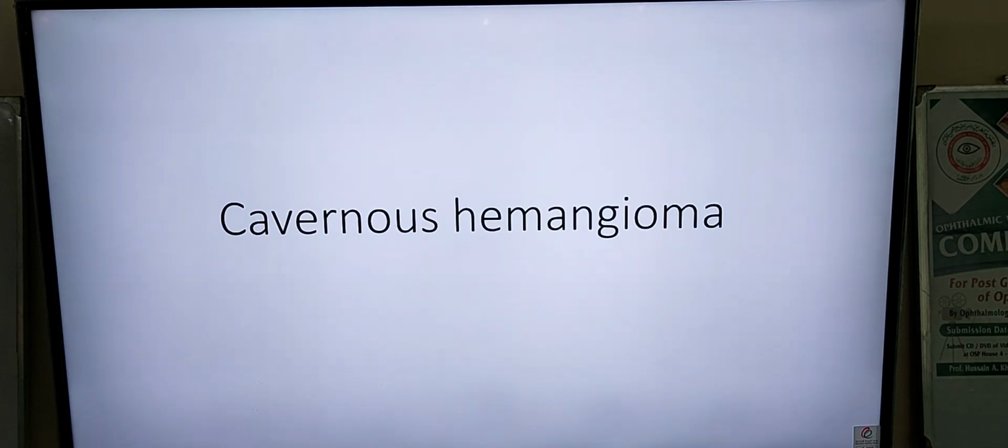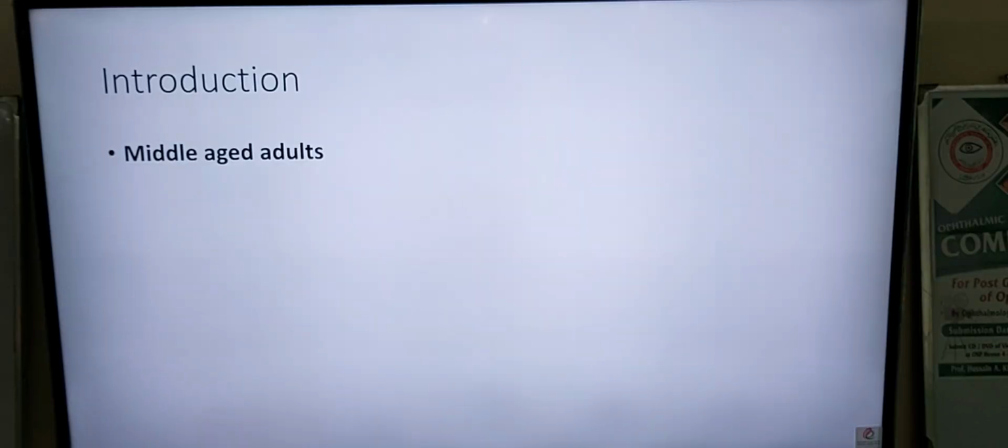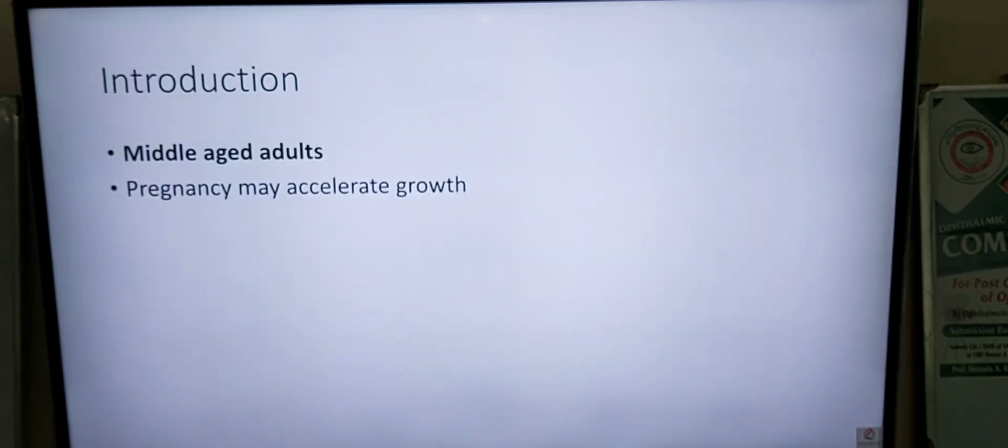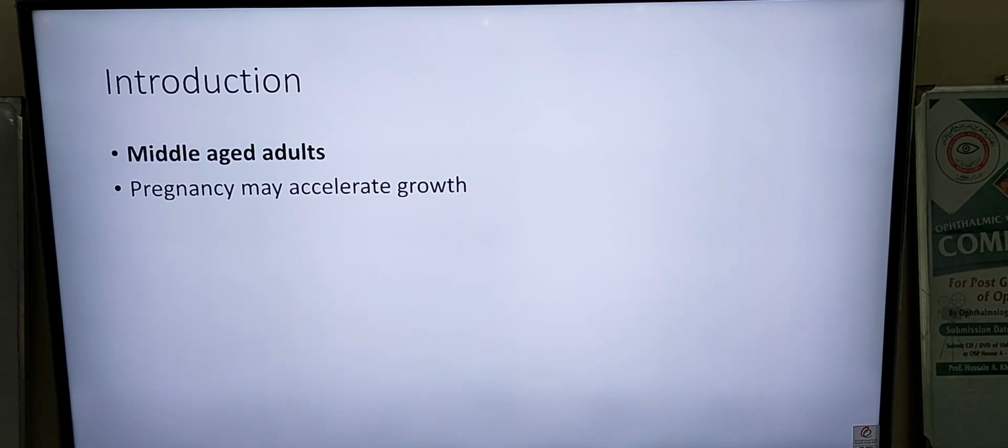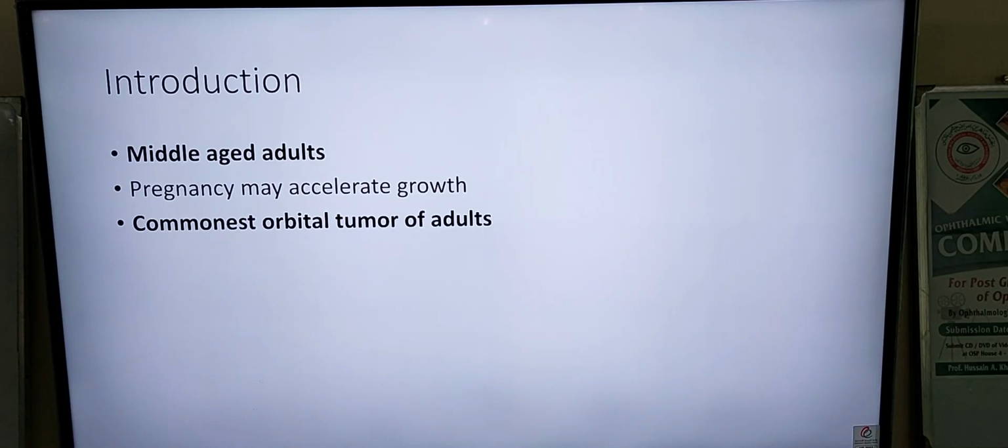The last vascular lesion is cavernous hemangioma. Usually occurs in middle-aged adults. Pregnancy may accelerate its growth. Commonest orbital tumor of adults. It behaves like a low-flow AV malformation,